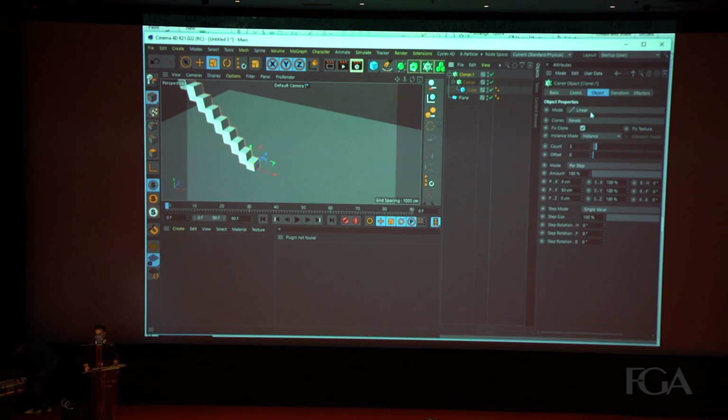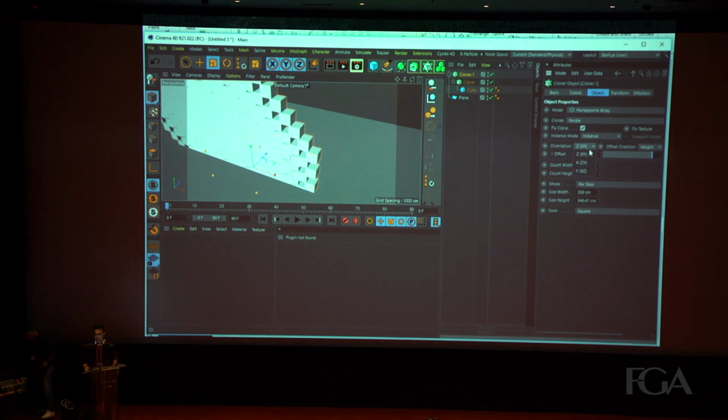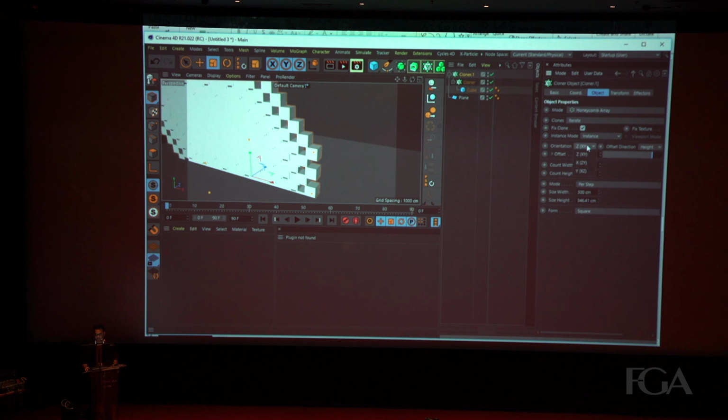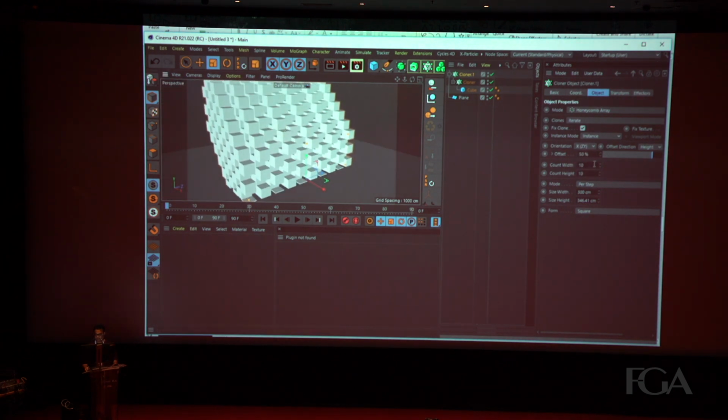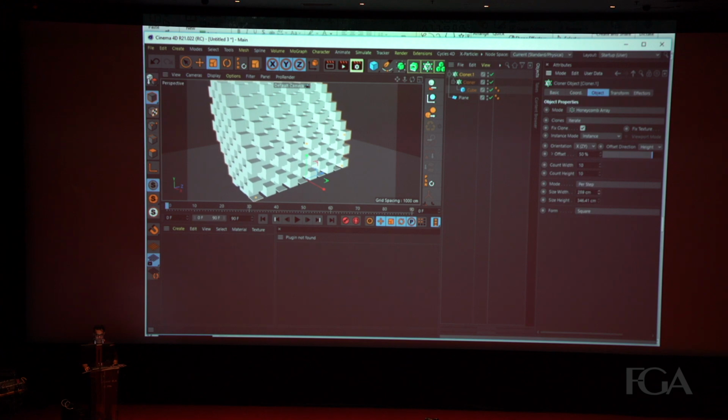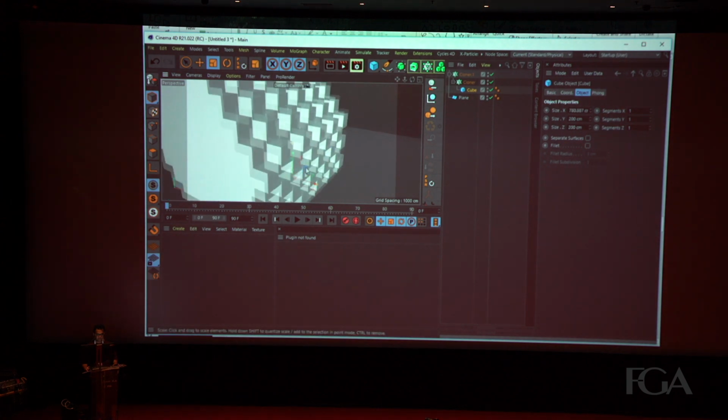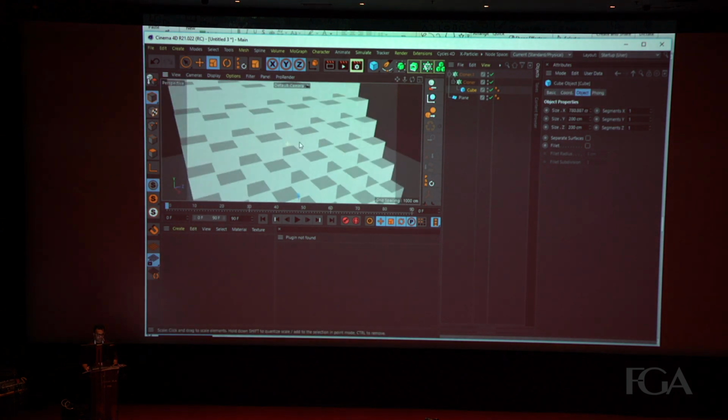This time I will select not linear, but the new honeycomb array. And from here in the orientation, right now you see it's XY orientation. Now I would like to change this orientation to this. And yes, let's just increase the size here like this. So that was a simple setup.